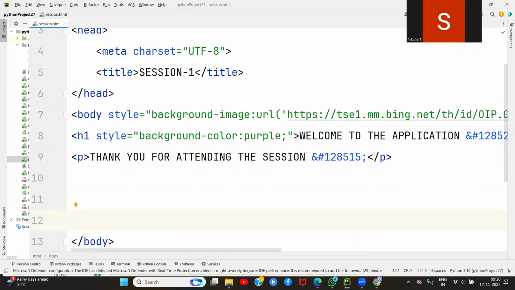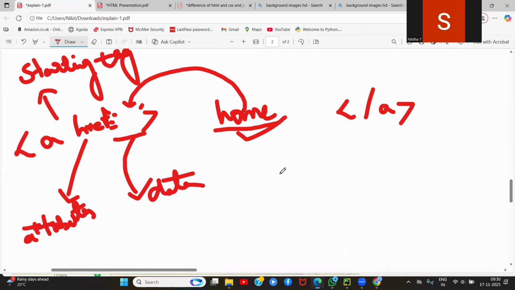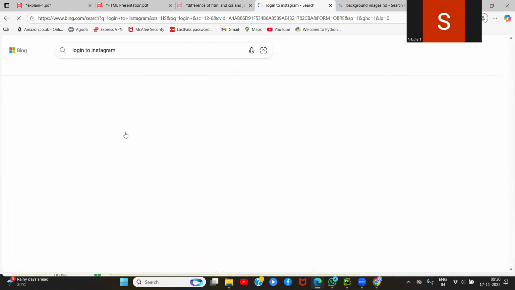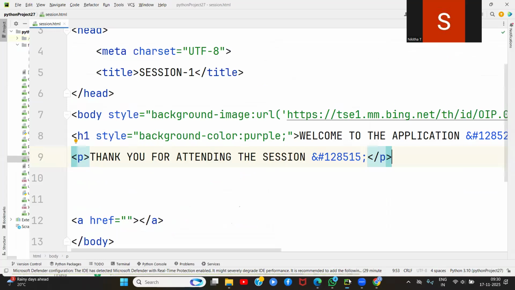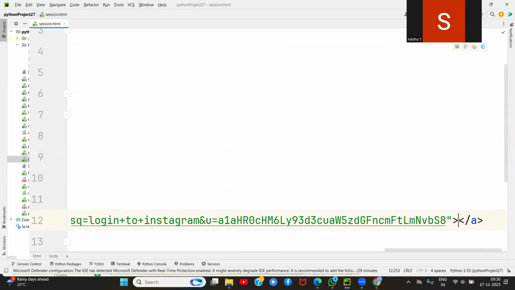So if we go here and let me give A and A, starting and ending we have defined, and the reference I have given. So this is the reference, right? So let me go for Instagram, we can just go for it. So log into Instagram, okay. And here let me get this page as well. So I'm going to copy this link. So clearly you observe. Copy this link and I'm going to state it here. That's it. I've just stated it here, and let me give here login to